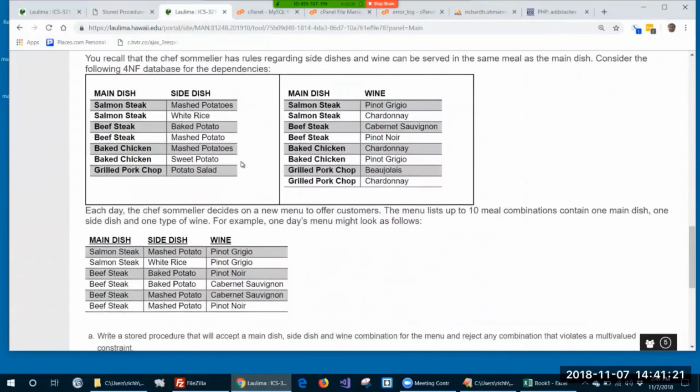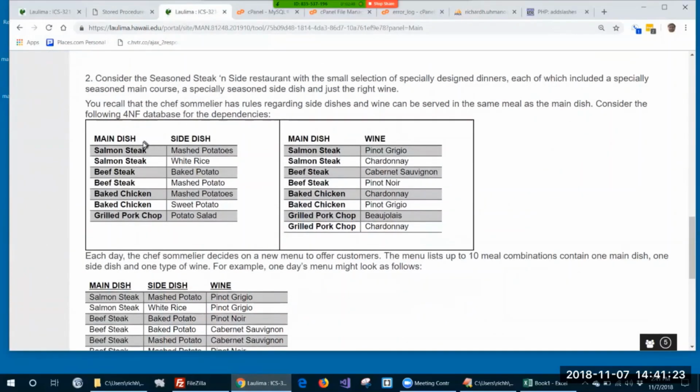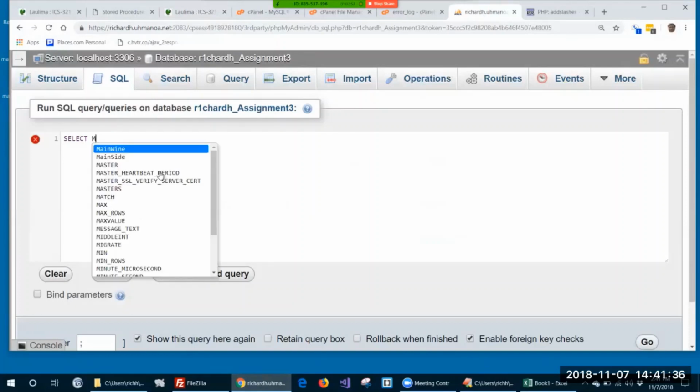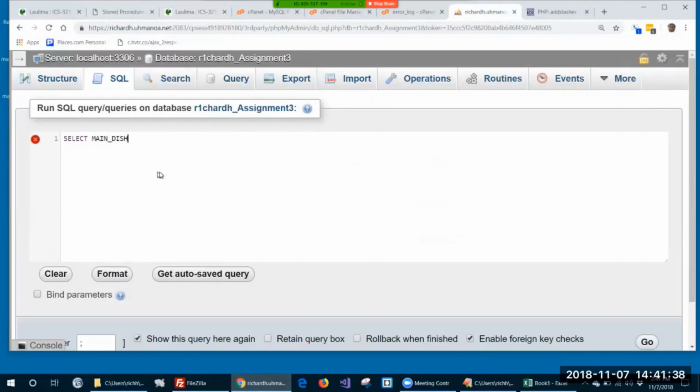So valid meal tests main dish, side dish, wine. So I'm going to select main dish, side dish, wine